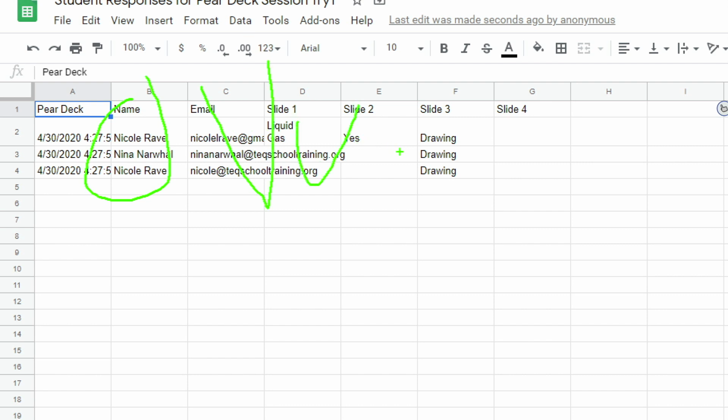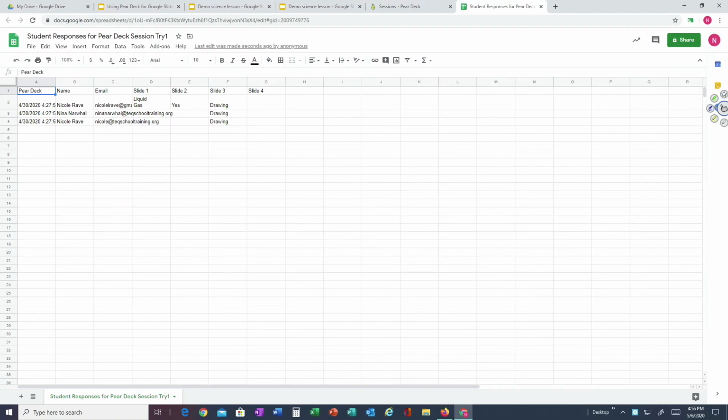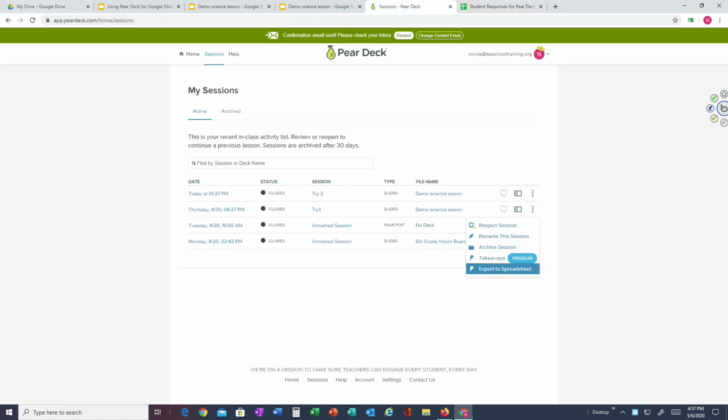each particular slide. Something that I will note here for you is that the drawing slide, so where students were going to be drawing things, it actually doesn't show the drawing that the students gave us. It just says drawing there. So if I wanted to look back at the drawing, I would need to go back into that teacher projector view and see what's going on there if I wanted to review that kind of option later on. So this is a place where I can also access those takeaways, but I'm going to show you where you